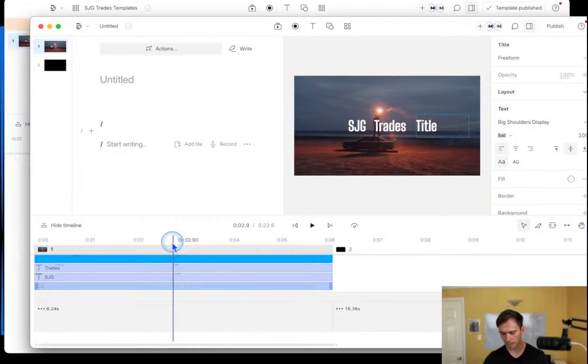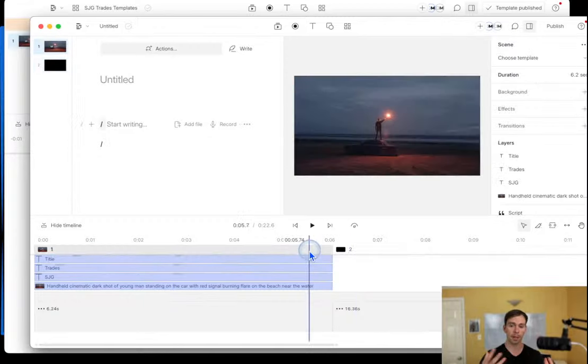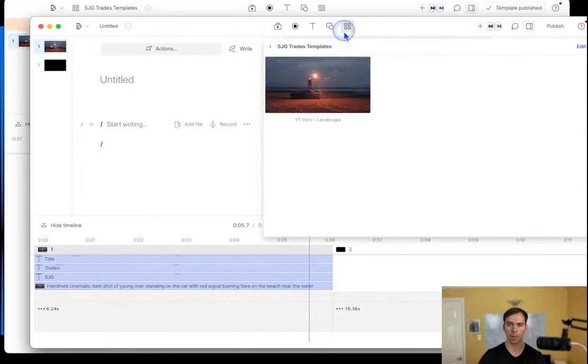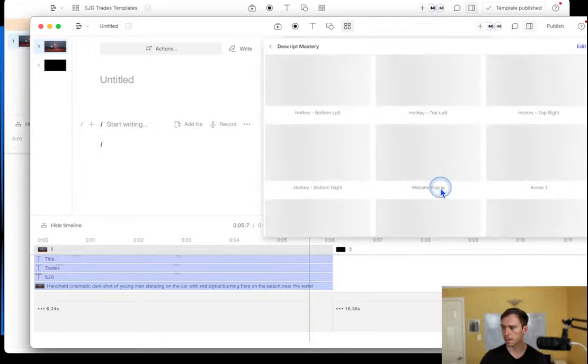What else? I mean, sometimes just things that you use a lot, like a webcam. Like for me, making Descript tutorials, I have a template for the webcam. So let me show you that. Like I go to Descript and then